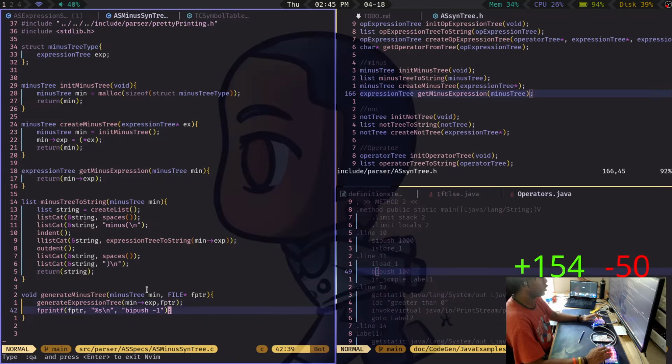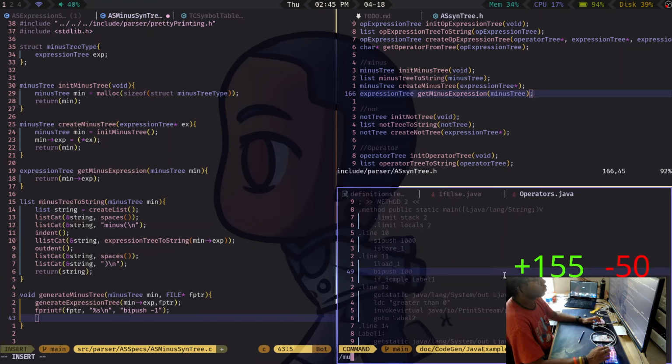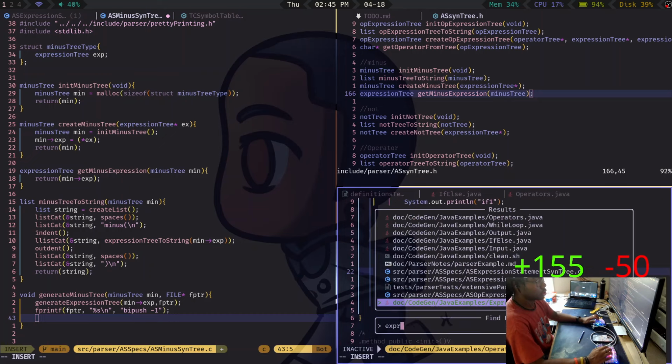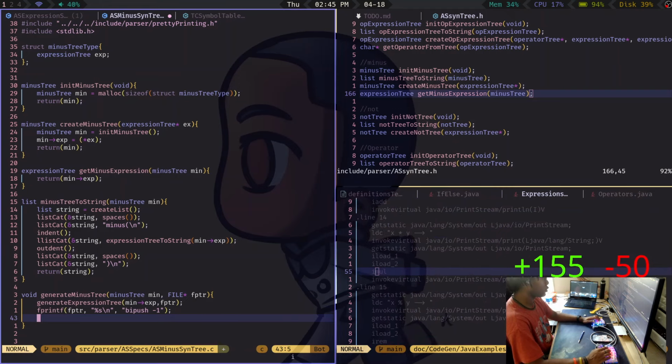Okay, and then we can say we push -1 onto it and then we multiply. Did I multiply it? No, that was in expressions. And then that'll give you the minus tree. Cool.